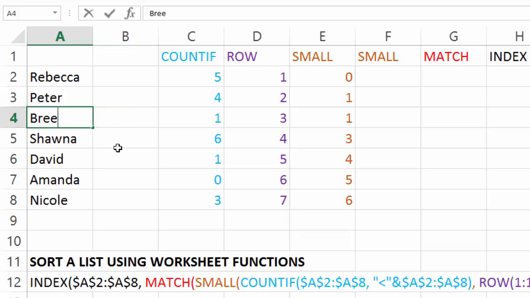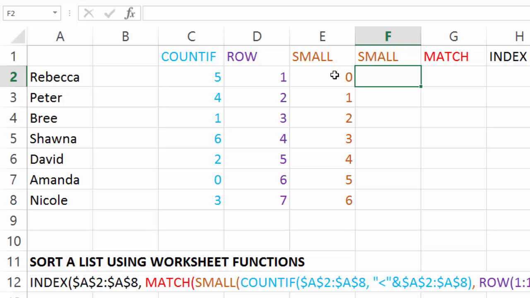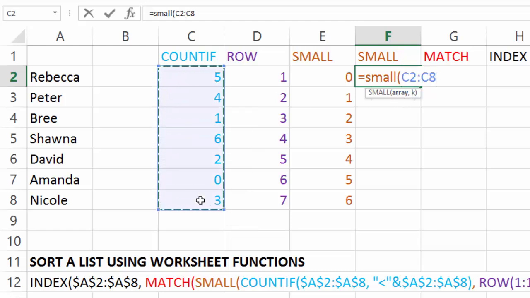So we'll just go ahead and put Bree back in here, and now I have my 0 through 6. Now what I'm going to do next is combine these two functions into one formula. So I'm going to hit small, and my array is this countif array that I'm going to highlight, hit F4 to make it absolute, comma, and then